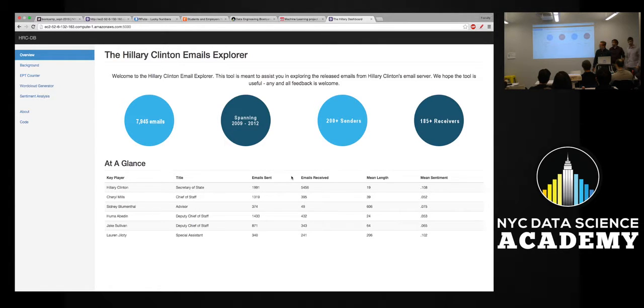And so, we actually found a competition on Kaggle. And the purpose of the competition was to go through the emails that were released and to find something interesting out. So the first thing that we did in our EDA was to make sure that the competition posted on Kaggle wasn't posted by either the Democratic Party or the Republican Party, to make sure there wasn't some kind of ulterior motive here.